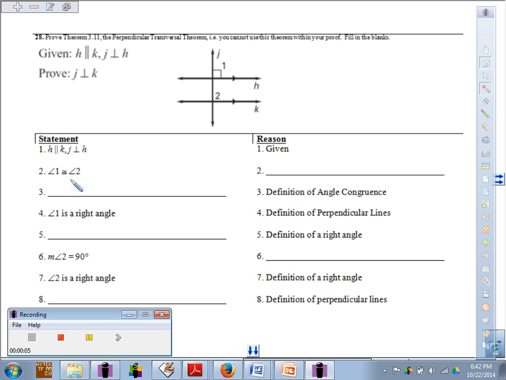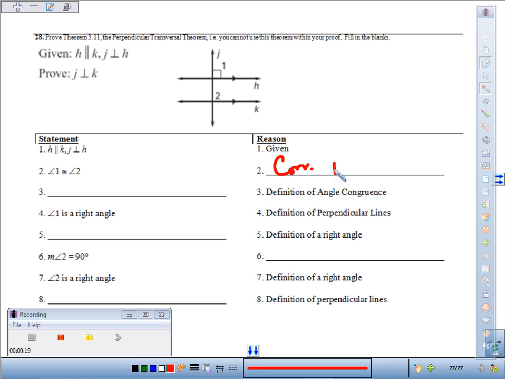Angle 1 is going to be congruent to angle 2 by our corresponding angles postulate. So we had two parallel lines cut by a transversal. Corresponding angles postulate says 1 and 2 are going to be congruent. By the definition of angle congruence, if angle 1 is congruent to angle 2, then we know that their measure angles are the same. So the measure of angle 1 is going to be equal to the measure of angle